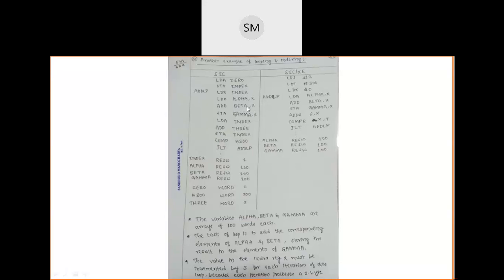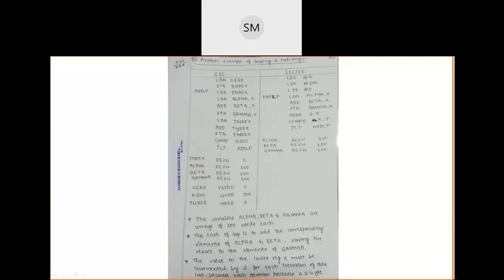Okay, then you will add it and store that sum or result into the gamma array. In the gamma array, in which index are you going to store? The X value is 3, so in index 3 you are going to store the result. Next, again, you will load that index value 3 into register A, and in that register A only, you will add again 3. Earlier the index value was 3. Now again you are adding 3.